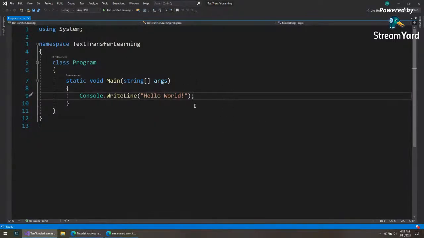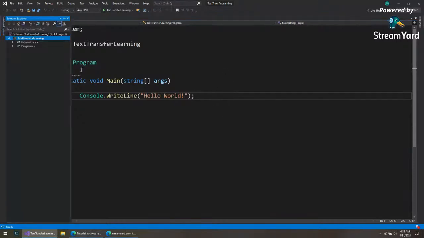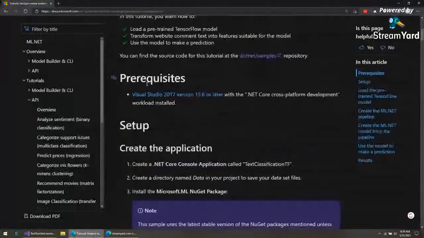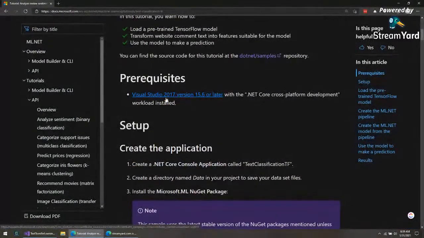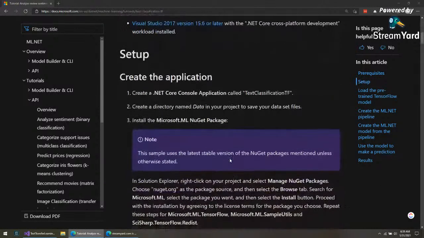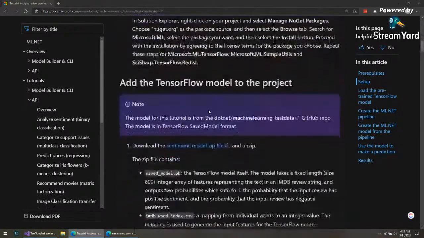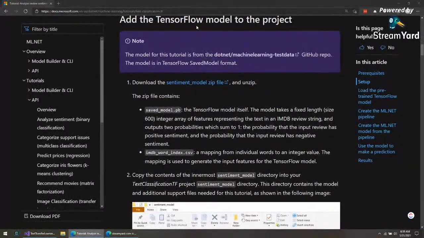All right, so speaking of which, I already have a console application here. We're in .NET 5, since that is the current version of .NET right now. I don't have anything. The first thing, the prerequisite, is Visual Studio. I have 2019, but you can use 2017. Create an application. We'll do some NuGets in a bit, but first I want to mention the model that we'll